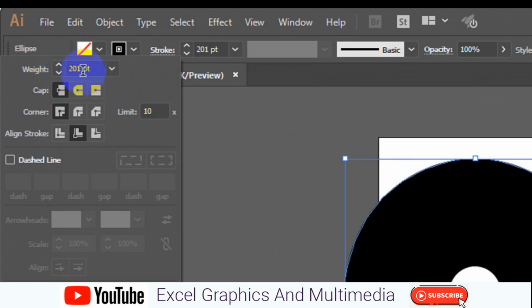So you can see, and then we can continue to increase the stroke width until we are able to fill all the parts of the circle. Okay, so once you are able to fill it from the inside,